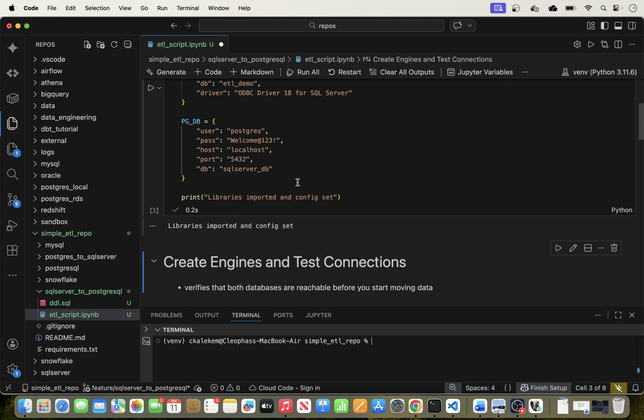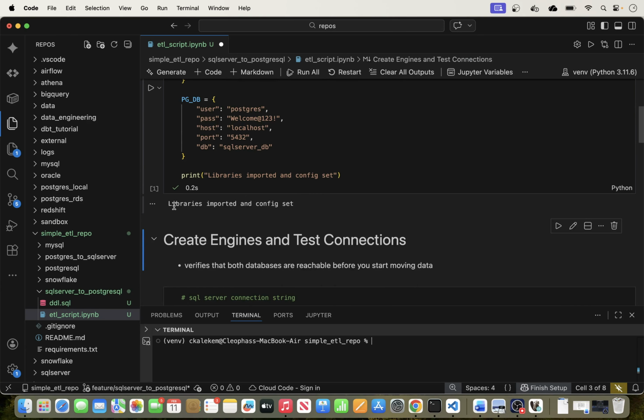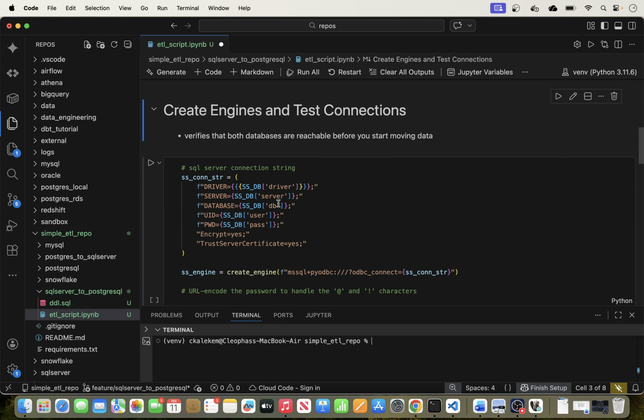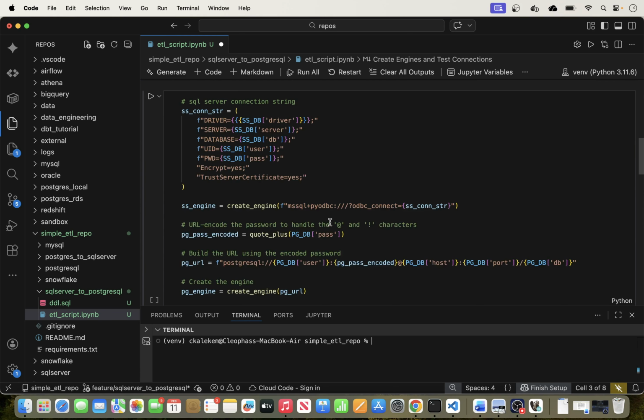So I'm just going to execute this, and as you can see, it is saying libraries imported and config set. So that's awesome. That looks good. And then we move to the next block here, and here we are creating the engines and testing the connections. Basically, all we're doing is passing the connection string. So we are creating our connection string here for SQL Server. And in this connection string, we are passing the driver and creating from that configuration the server, the database,